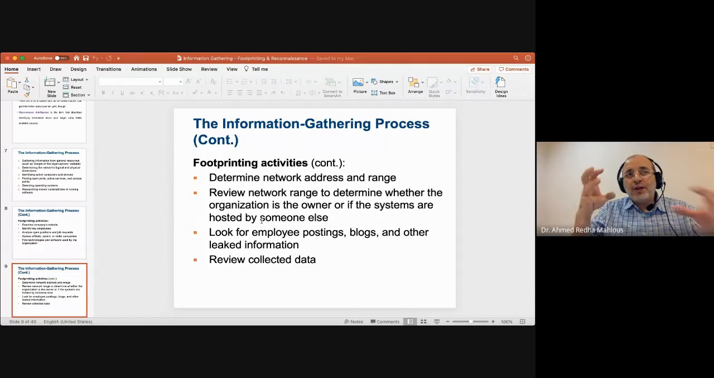So all those links need to be derived, need to be known by a hacker in order to prepare for the good one, or to plan for the right one. Okay, and as we mentioned, look for employee postings, blogs, and other leaked information. You can go to the social media of those key employees